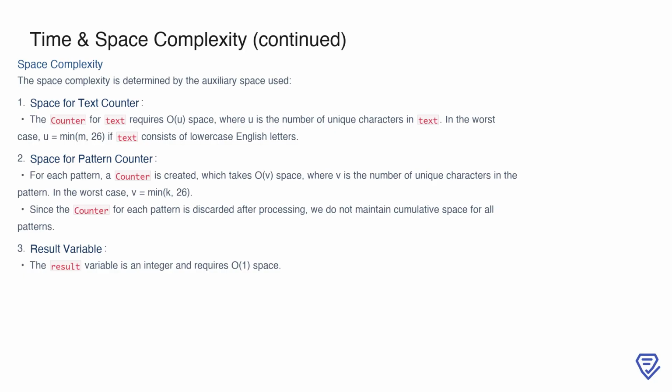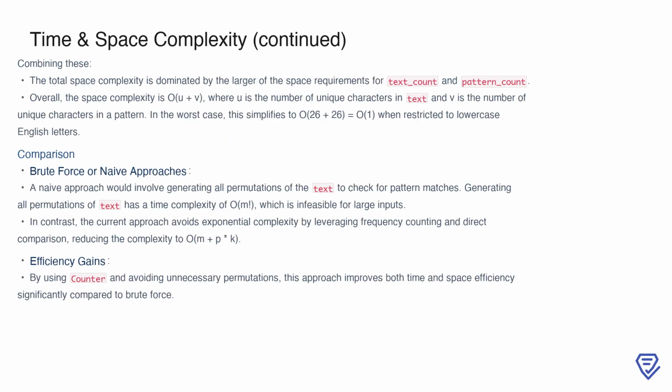Finally, the result variable is a simple integer, requiring only O(1) space. These components show that the space requirements are proportional to the number of unique characters in text and the current pattern being processed. When combining the space requirements, the total space complexity is dominated by the larger of the space used for text_count and pattern_count. This results in an overall space complexity of O(U + V), where U and V are the number of unique characters in text and the current pattern, respectively. In the worst case, when both are restricted to lowercase English letters, this simplifies to 26 plus 26, which is